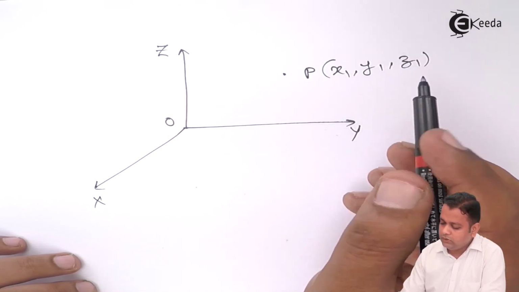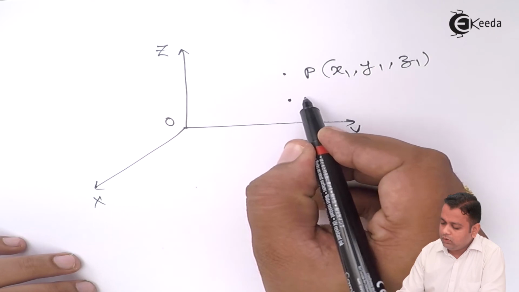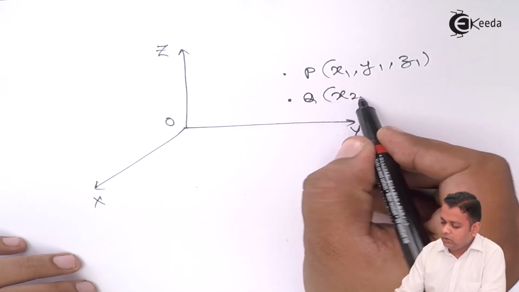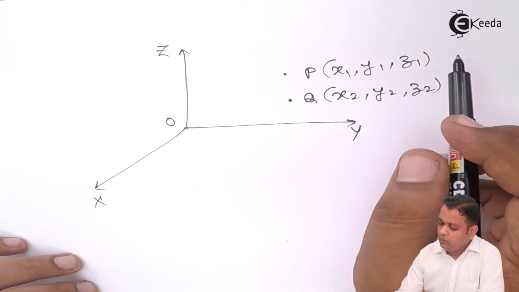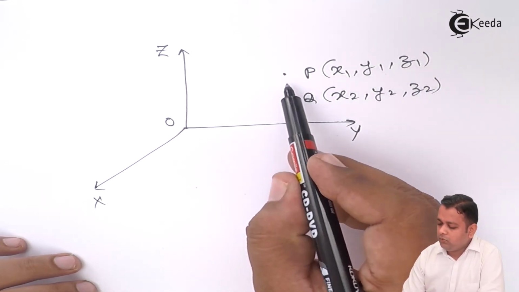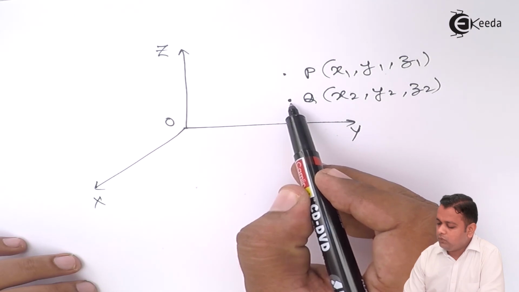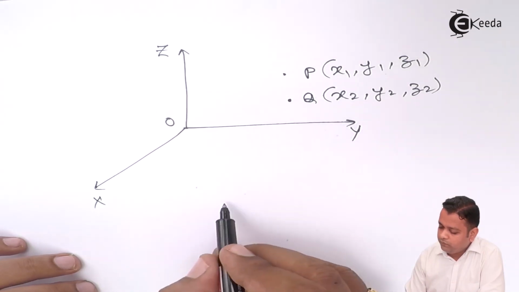Another point in the space, let us say Q, has the coordinates x2, y2, z2. If you want to find the distance between the points P and Q, then we have to write